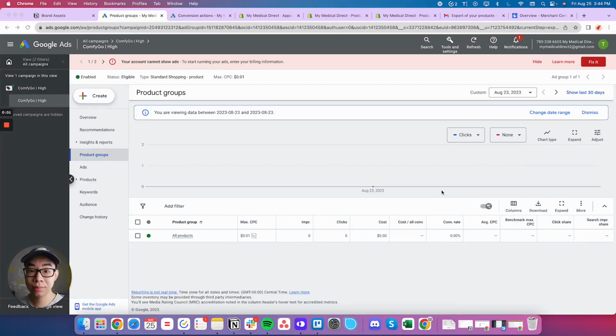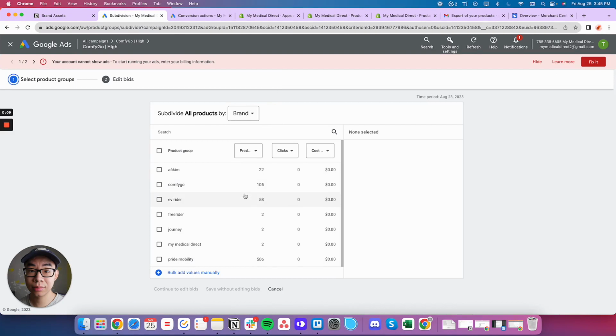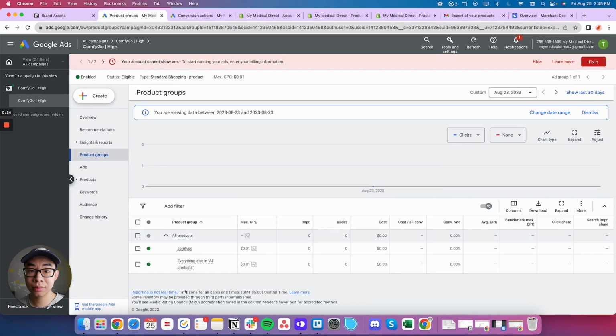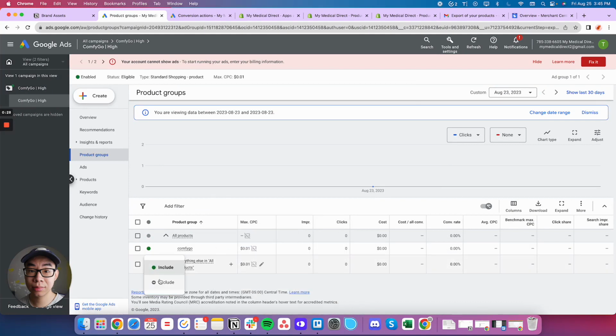All right, so welcome back. I waited a few minutes, more like 30 minutes to an hour, and all brands are finally appearing inside of Google Shopping, or inside Google Ads. So we set this up as Configo. Let's select that brand once we filter down by the brand, and then click Save without editing bids. Now, everything else in all products, we want to turn this off